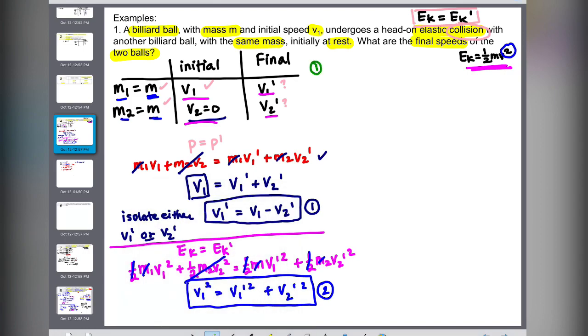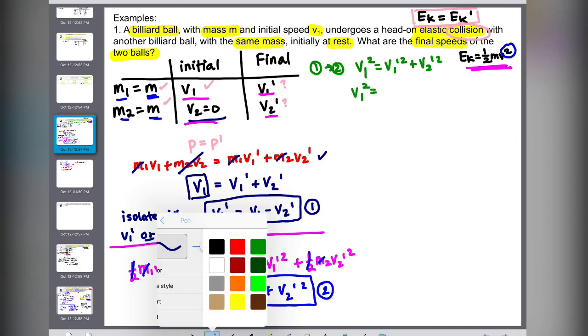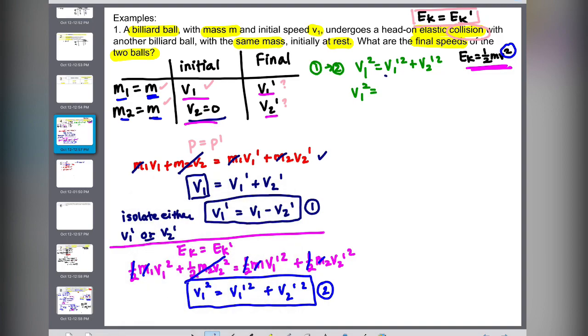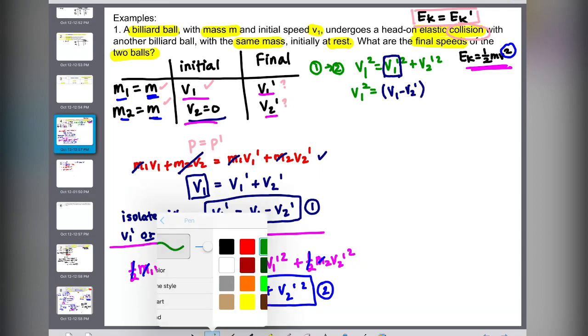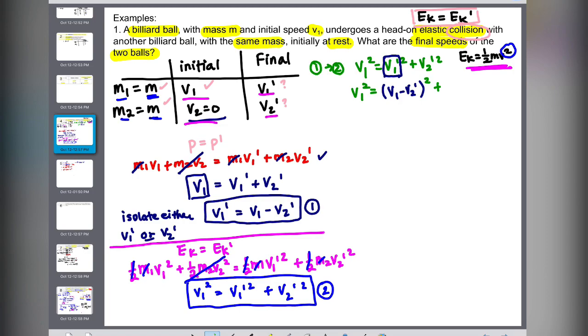Okay, so I'm going to put equation 1 into equation 2. Equation 2, I'm going to rewrite it at the top here, equals v1 prime square adding v2 prime square. So sub in equation number 1: instead of v1 prime, I'm going to plug in equation 1, which is v1 minus v2 prime, all to the square, adding v2 prime square. Now I'm going to have to be careful when I expand out the binomial with the